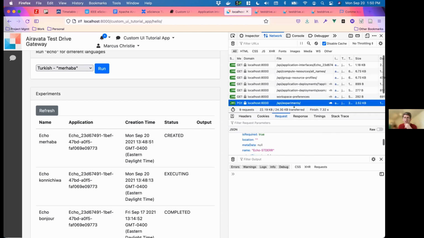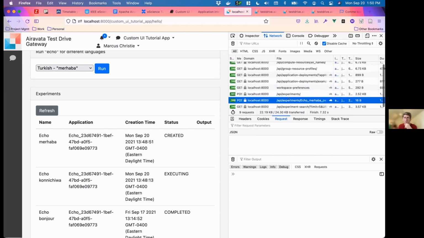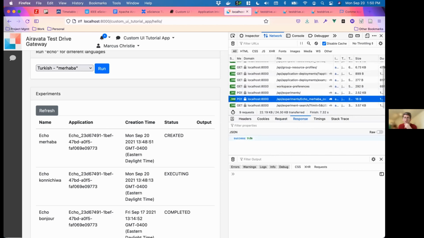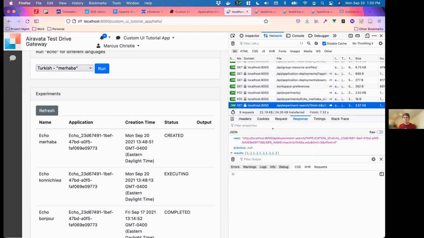So we've saved that, and then we call launch, which is pretty simple, and it just returned success true. And then the experiment list was reloaded. Okay, so